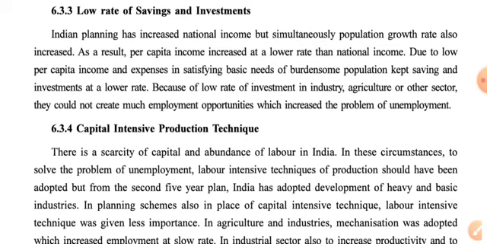Now here we are going to discuss the third important reason for the unemployment rate, which is the low rate of savings and investment. This point is indirectly related with the high population growth rate, but directly it is also related with the inefficiency and lack of infrastructural facilities of the country. Indian planning has increased national income. It means after all the 5-year plans we were able to double or triple our national income, but simultaneously